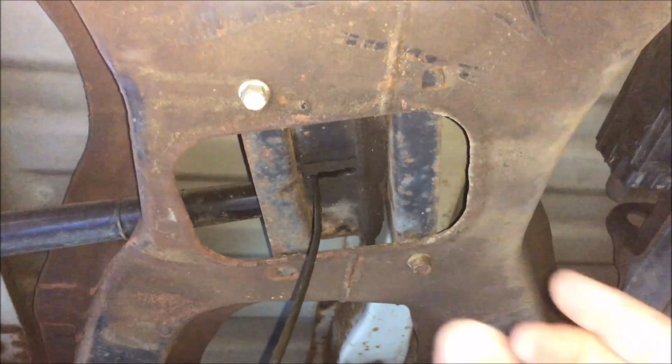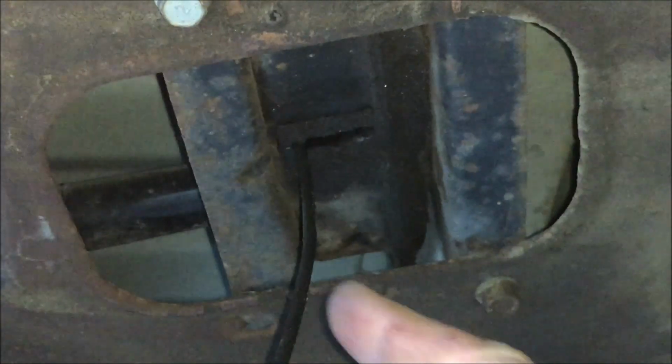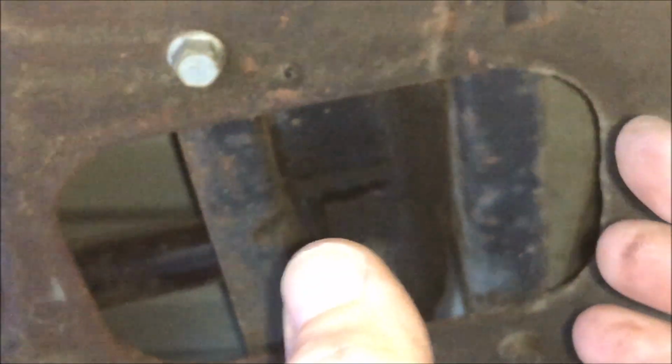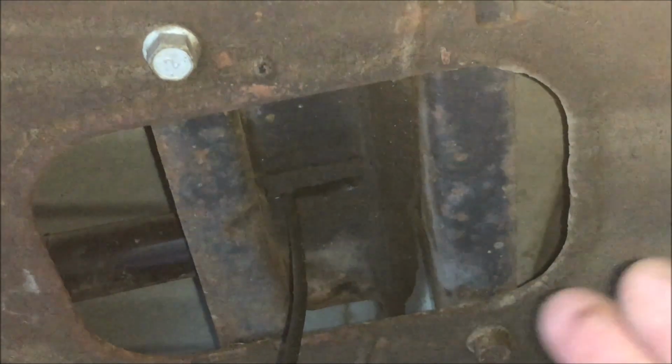With the cable fully extended, we can now see this mechanism. It's on top of an X-frame that goes to the frame of the vehicle, and I don't see any major rust. I don't see any rust on the mechanism. I do see some superficial rust on this X-frame, but it's still pretty stout. And as I raise and lower the tire, I don't feel any grittiness or grindiness, so there's really no problem